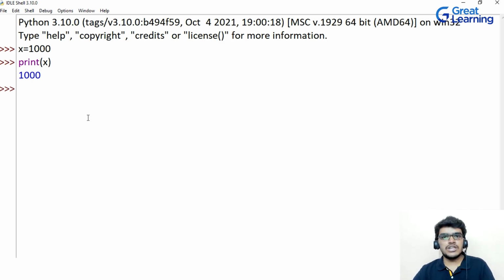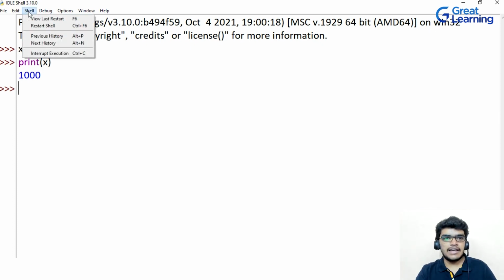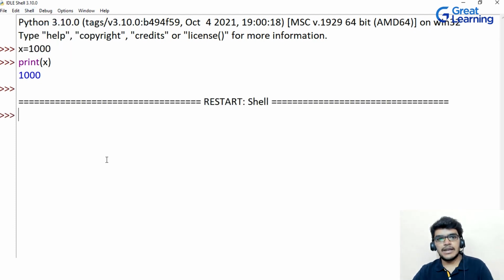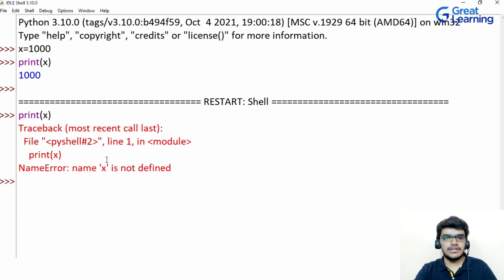So now the question is that if I am clicking on this shell option and if I am clicking on this restart shell, so what will happen now? If I am printing it, let's suppose print x. And now if I'm executing it, you will see that you will get error because shell will forget about all the previous statement when you will click on this restart shell. So you can see that I'm getting an error.